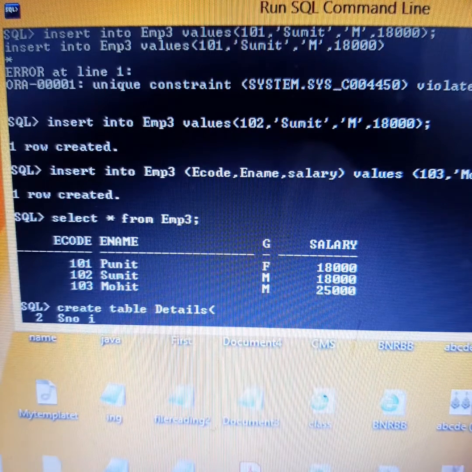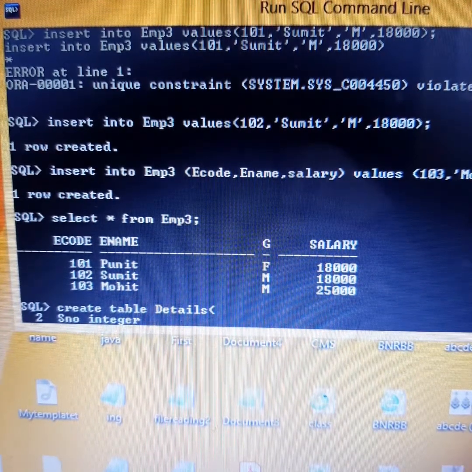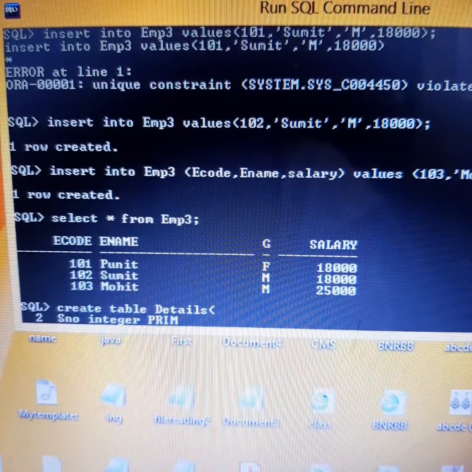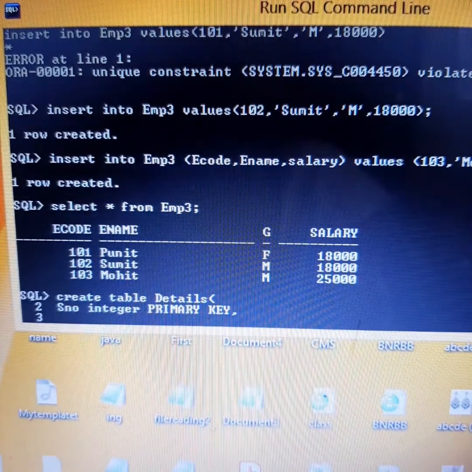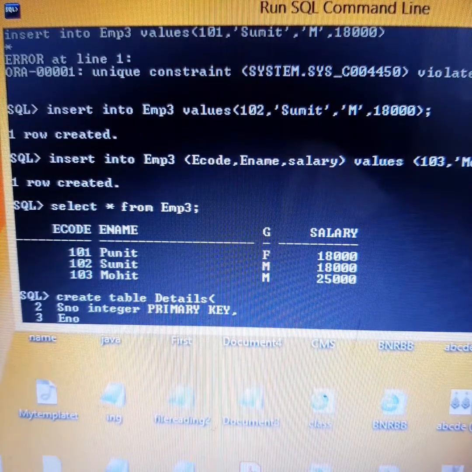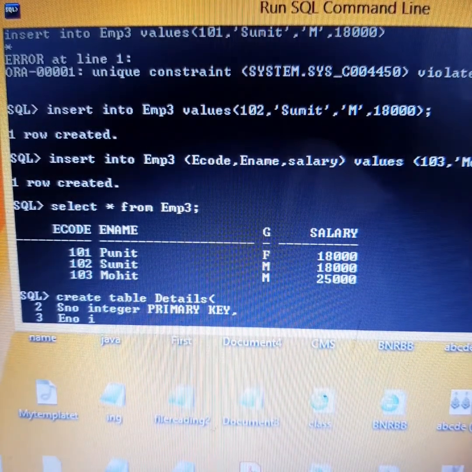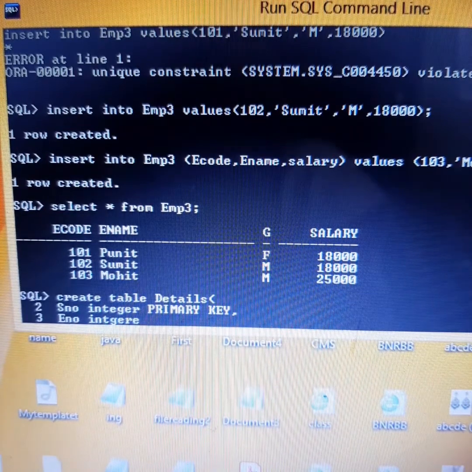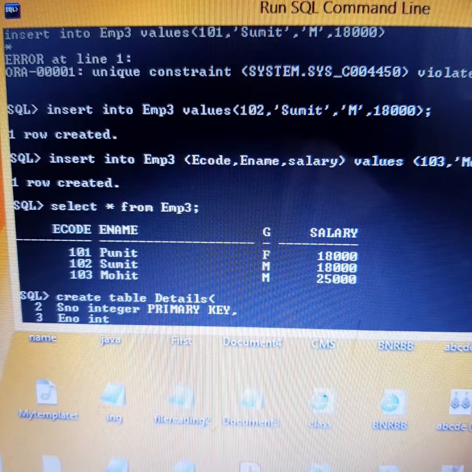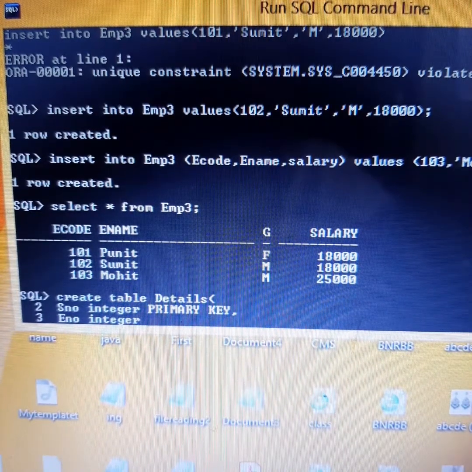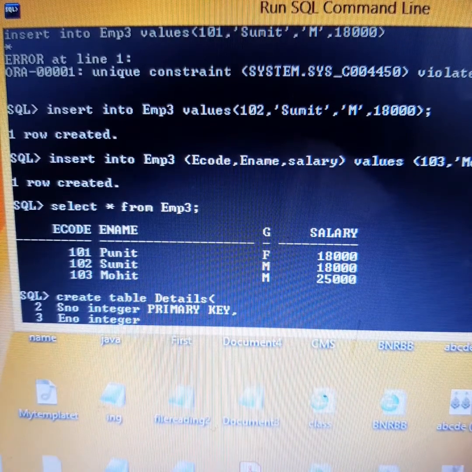Here serial number will be a primary key in this table. And E number that I am keeping here will be a foreign key of that E code.